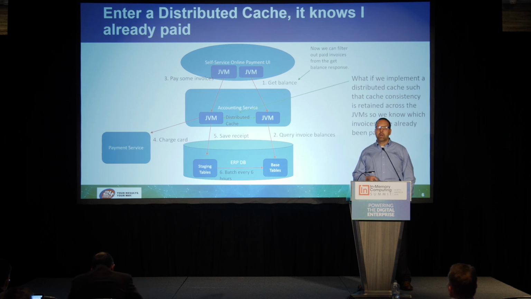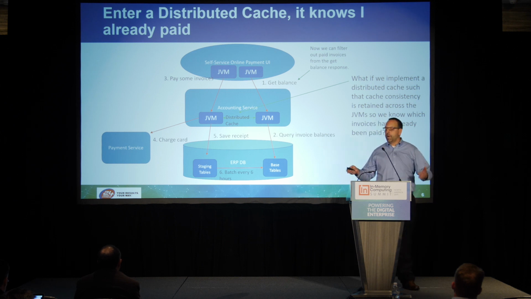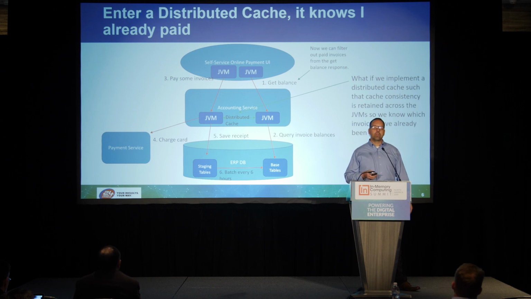But essentially, if you would come back 4 hours later, it will do the same thing, query the base tables. The batch hasn't run yet. You'll still owe $50, but on the way out, it'll say, I see that you owe $50 for invoice 123, but I also see that you paid invoice 123 within the last 12 hours, so it just subtracts $50. Nothing real complicated there, but that's how we got started. And the distributed part is keeping multiple JVMs in sync, giving the same answer. So that's the benefit of a distributed cache.